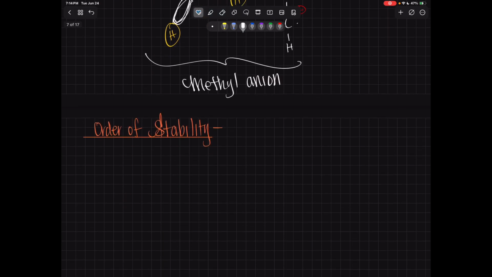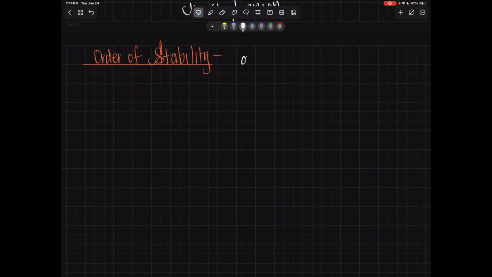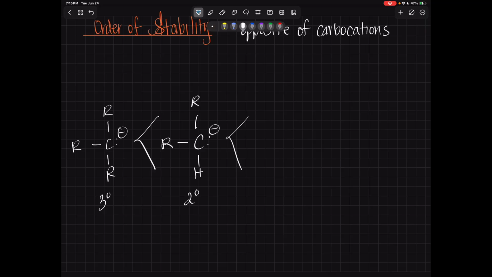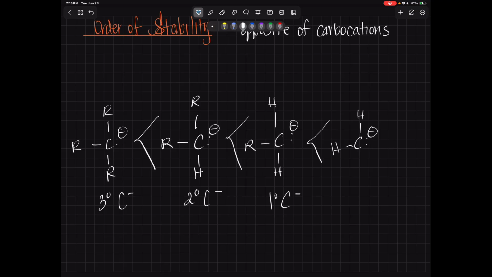So let's move on to the order of stability for this. Notice that the order of stability is going to be the opposite of carbocations. So carbocations were stabilized by more substitution on that charged carbon. In this case, it's going to be reverse. So your tertiary carbanion is going to be less stable than your secondary carbanion, which is going to be less stable than your primary carbanion, which is going to be less stable than your methyl carbanion. And I want you to also notice that your benzylic and your allylic